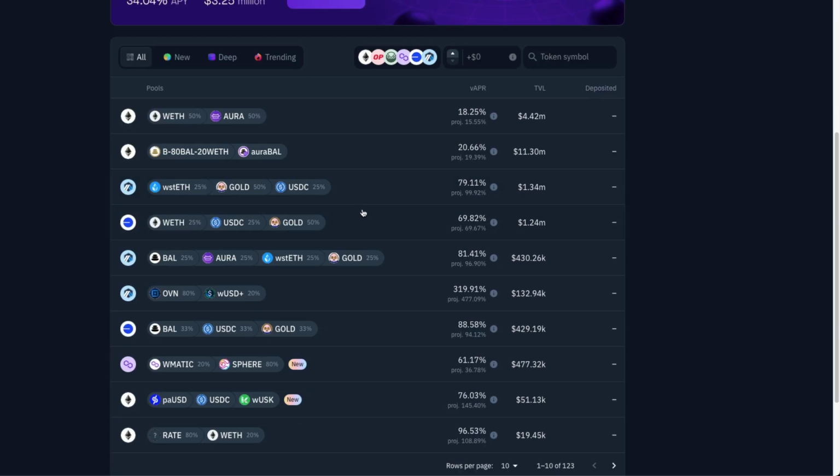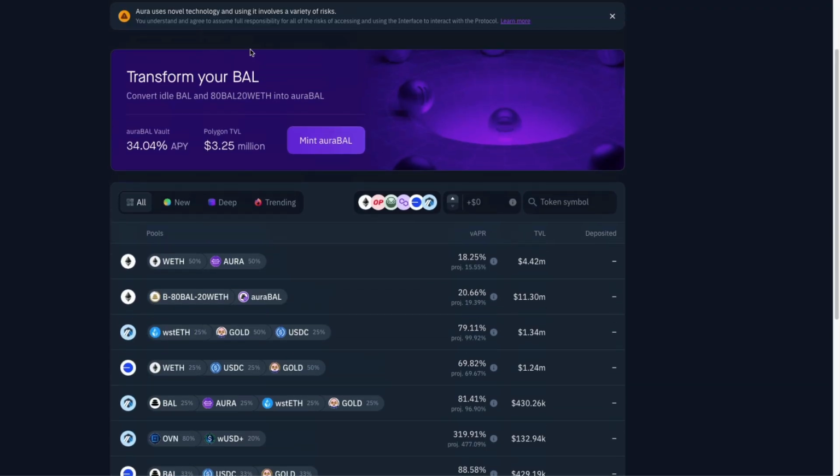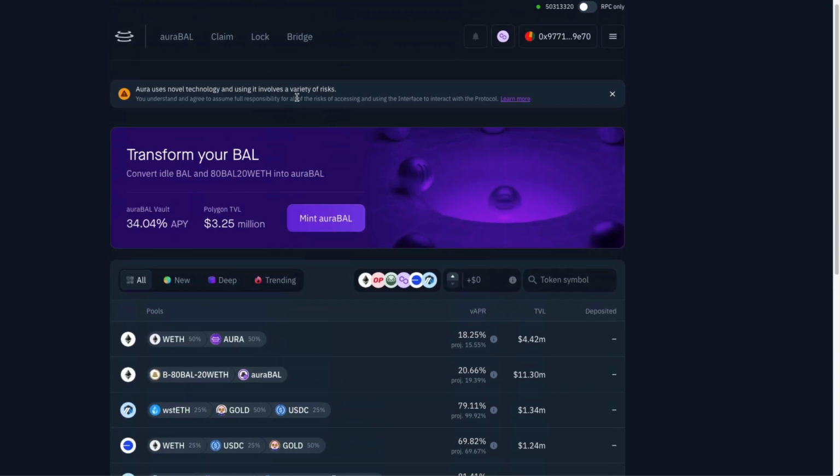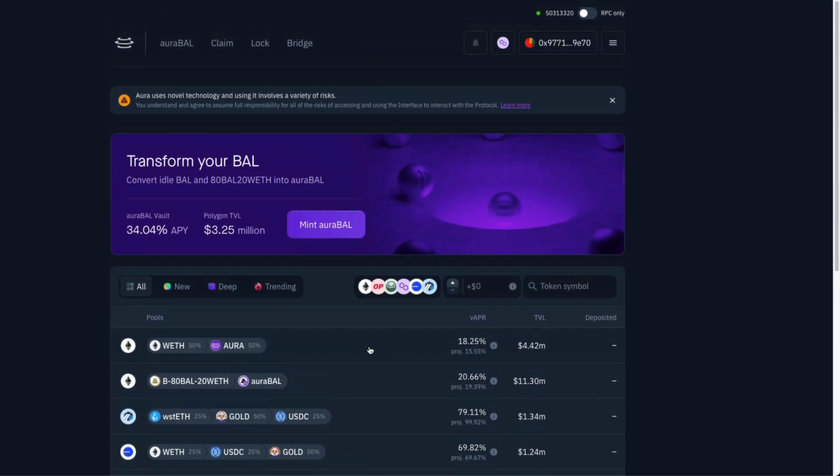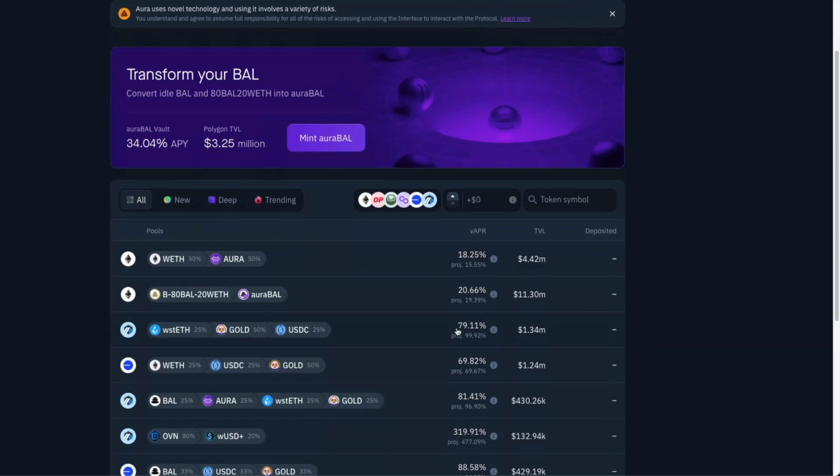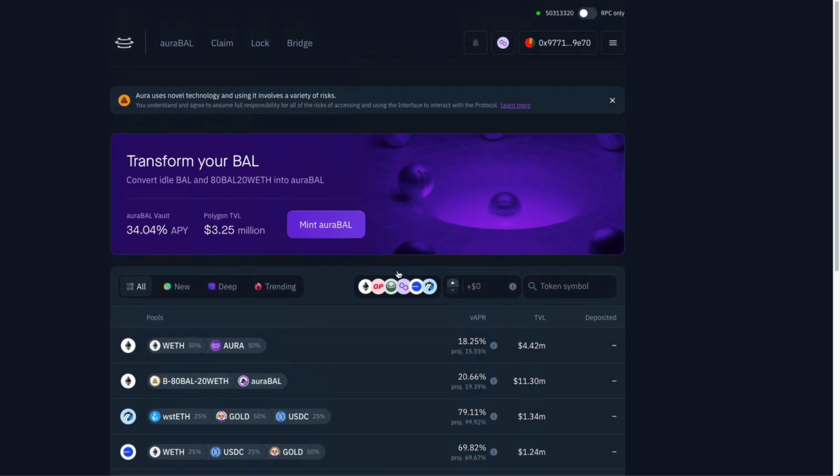But this is just a way for you to start exploring these other protocols and discovering what might potentially be offering some decent yields. And before just blindly throwing my money into something that has high yields, I would definitely want to research these protocols a little bit more and determine if they're safe by checking to see if these protocols have ever historically had any security breaches.